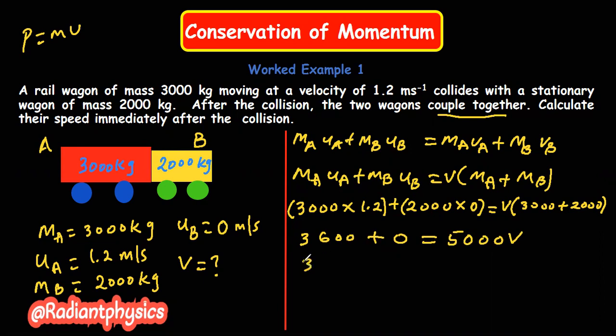We have 3,600 equal to 5,000 V. Therefore, we find V by dividing both sides by 5,000. Using the calculator, the response is